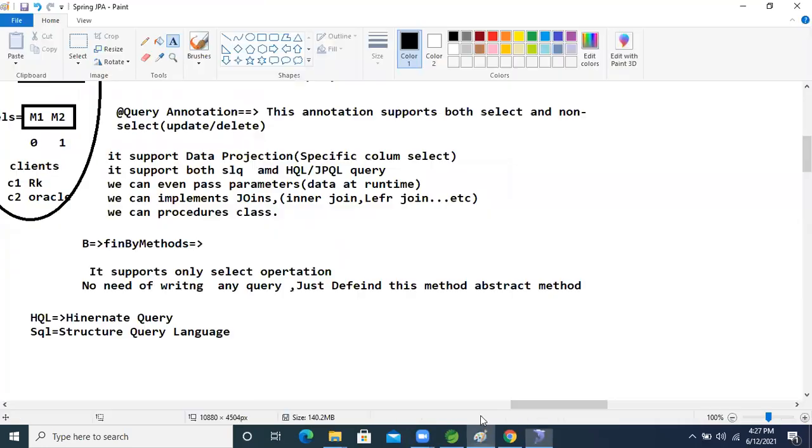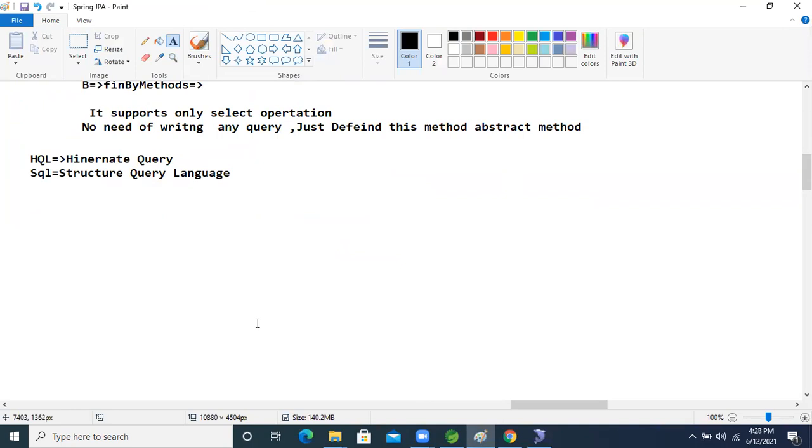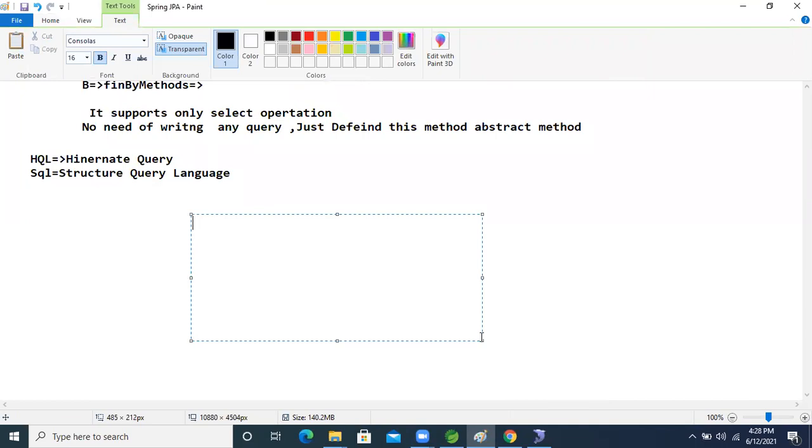Now let's move on and we will see that. Just think about a database, DB1.